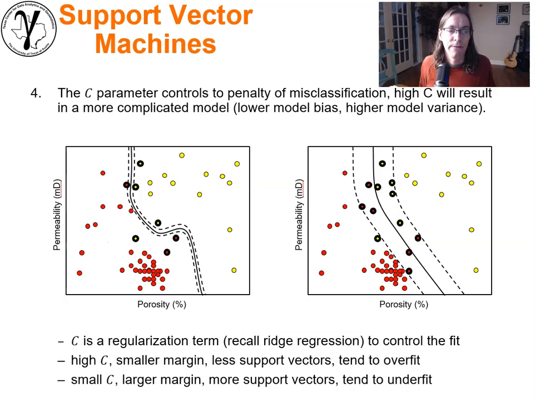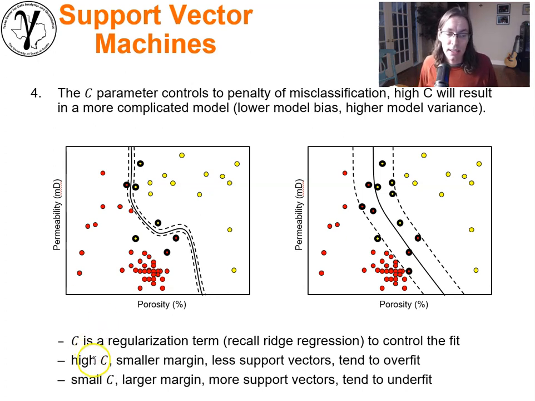All right, point number 4. We're going to have a C parameter. It's a cost penalty of misclassification. High C will result in a more complicated model. Lower model bias, but we trade off. We get a higher model variance. And so C is going to be our regularization term. Remember ridge regression? That whole idea of having that regularization? Same type of thing. It's going to be our nice hyperparameter that we can include to control the degree of